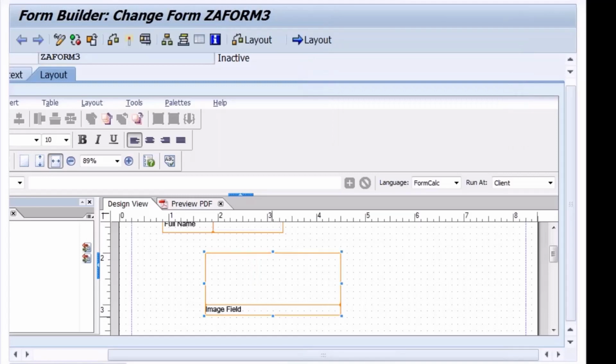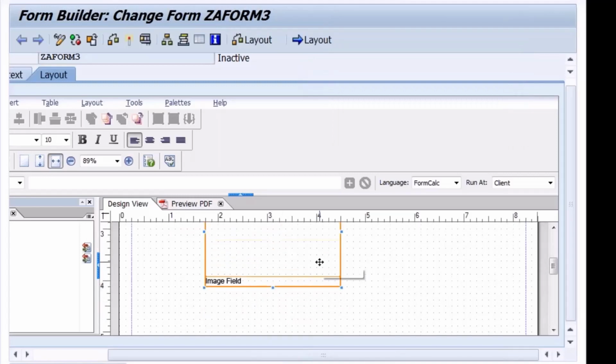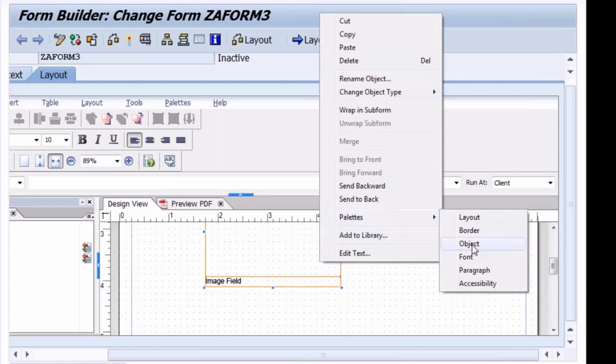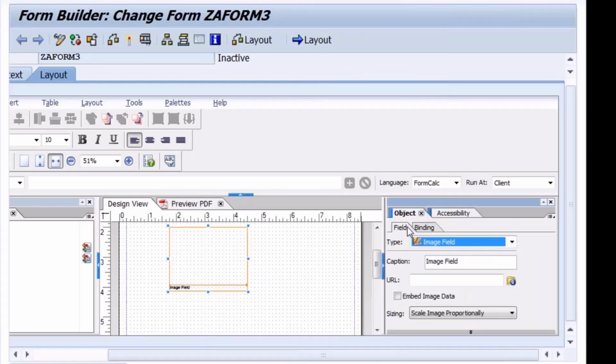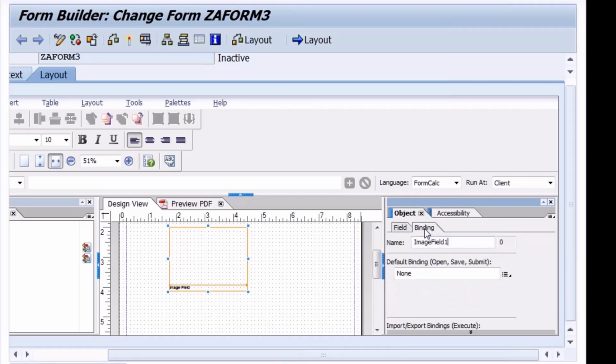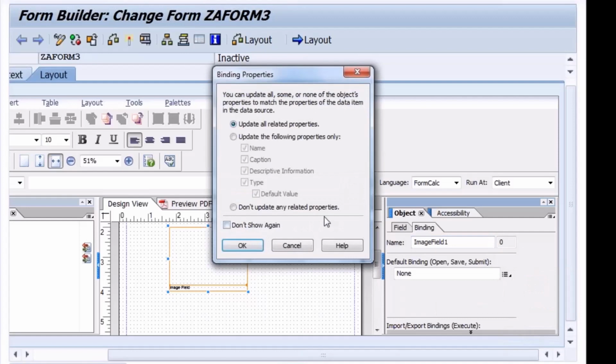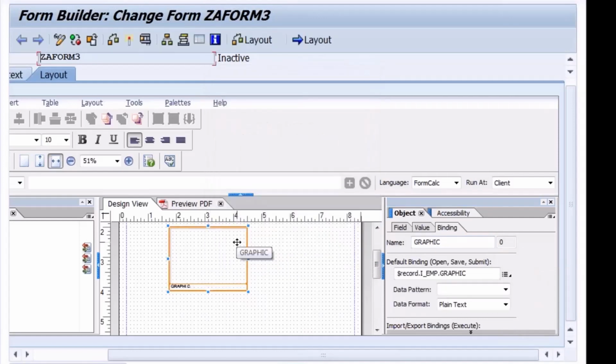Now for this image field, I'll go to palettes, object. Type is what? Image field, done. Then here, binding. Yeah, I need to choose this. What is this? Graphic. Okay, it is done, updated.